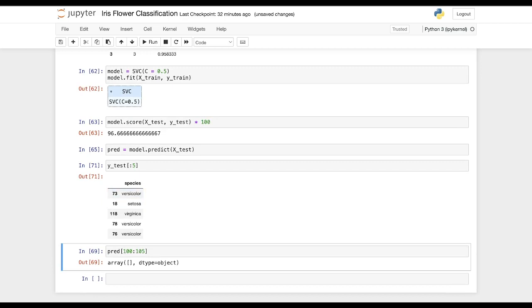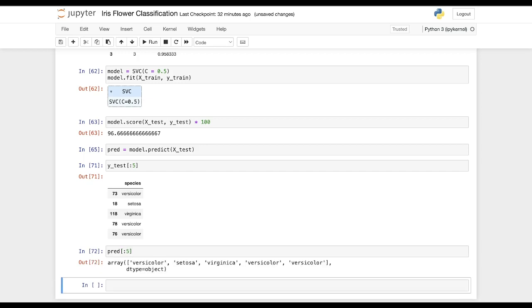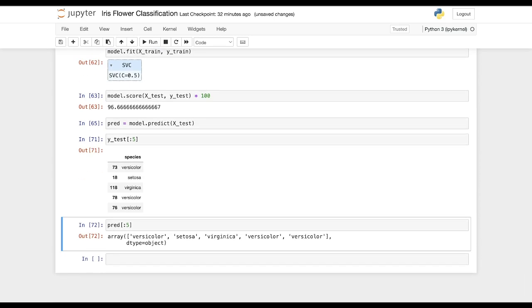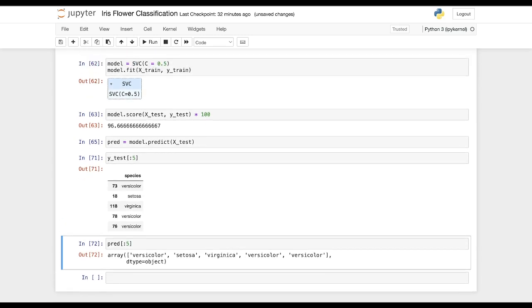So let us check what our model has predicted for the first 5 instances. So for versicolor, it's versicolor. For setosa, again setosa. So the predictions are just accurate. The true labels and the predictions for the first 5 instances match completely, which means we have predicted the things very well. And as the accuracy is 96%, we expect the predictions to be that way.